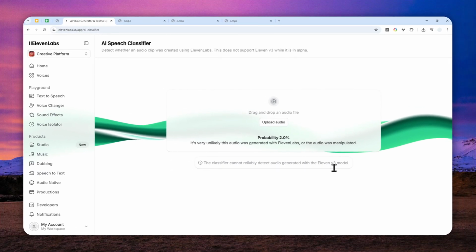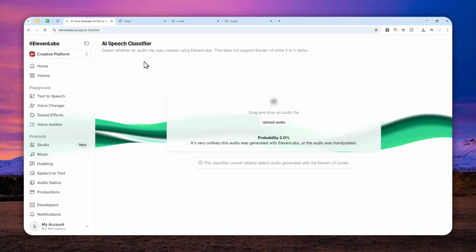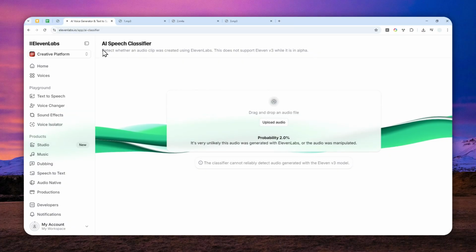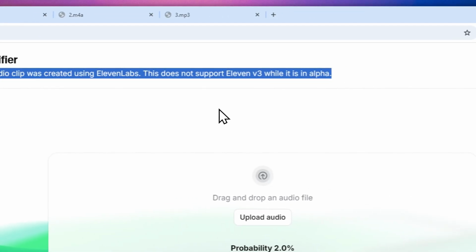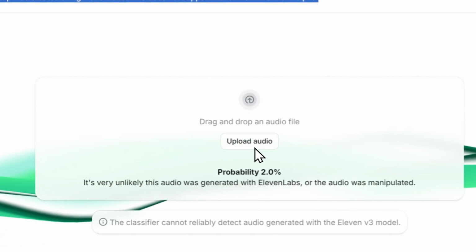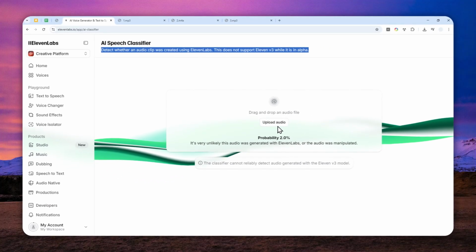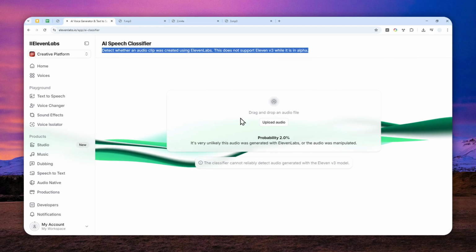And perhaps another thing that you need to be aware of is that this tool only works if the audio was indeed created by ElevenLabs. So if they're using a different AI tool, it's going to be difficult and less reliable to get the correct answer. So these are the two limitations, but overall, given that ElevenLabs is very popular,